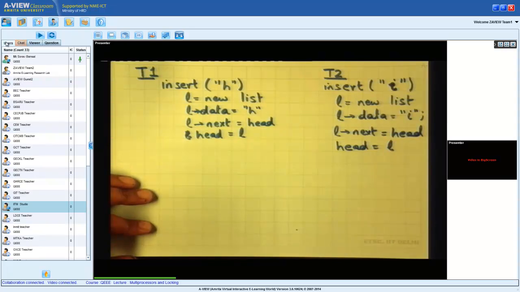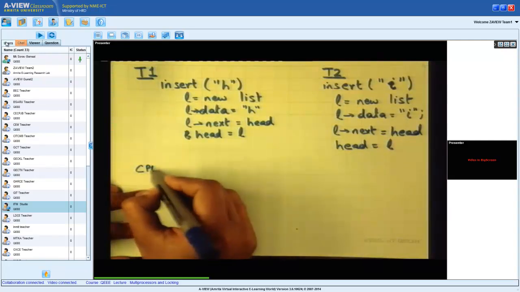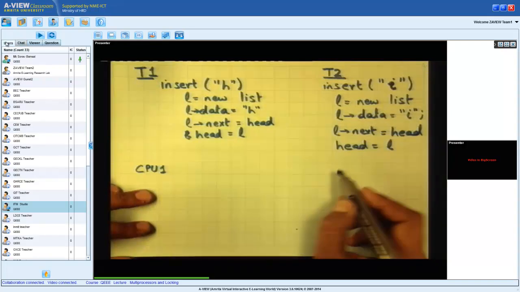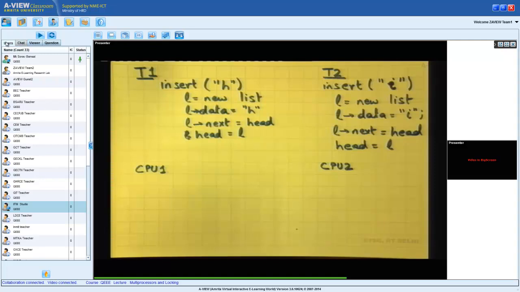Okay. Now let's say this thread is executing on CPU 1, and let's say this thread is executing on CPU 2. Right? So they're simultaneously executing, right?